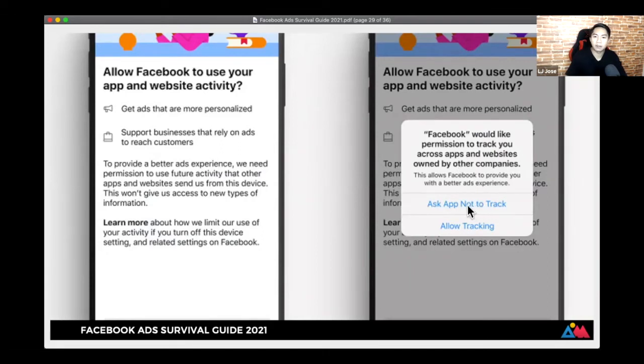So either tap ka ng ask app not to track or allow tracking. If nag-exit ka here na screen, wala kang pinili, magdi-default siya to na hindi ka i-track. Okay? Alright? So yun yung prompt na yan.